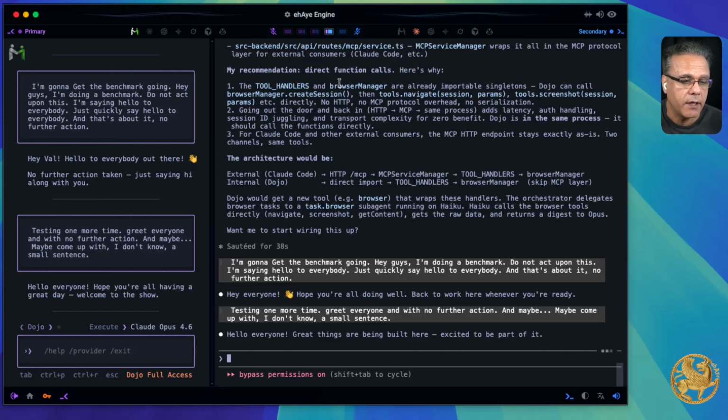We want to make sure that if you use ehAye Engine and ehAye Dojo within it, I have to extract everything that I can to give you optimal token performance and speed. As such, what I am designing, I'm going to give you full control of primary agents, sub-agents, and any tools that you use. If you interact with MCP, you just need data extraction. You don't want to give it to the most expensive model to look at an image. In this case, we're going to give it to Haiku. Haiku, you're fast, just go extract the data, bring it back, and then push it up.